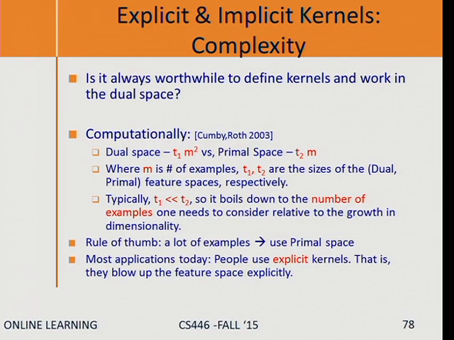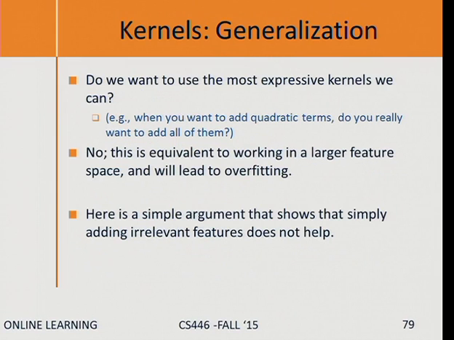So in many cases, even when you see in papers that they've used kernels, often what they do is think about their feature space as kernelized, but they do it explicitly. They don't use a kernel. They say, oh, I'm going to use a quadratic kernel, but really they use it as a way to model the problem or think about the type of features they want, and then explicitly blow it up.